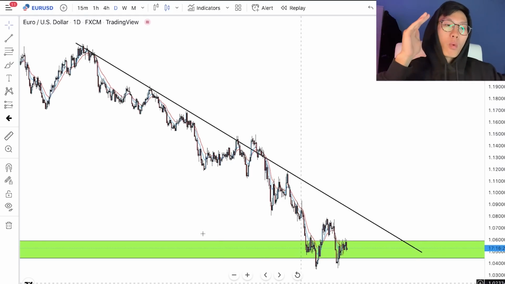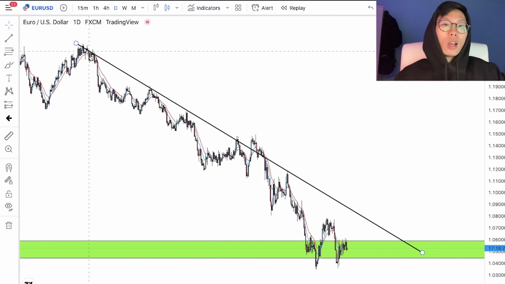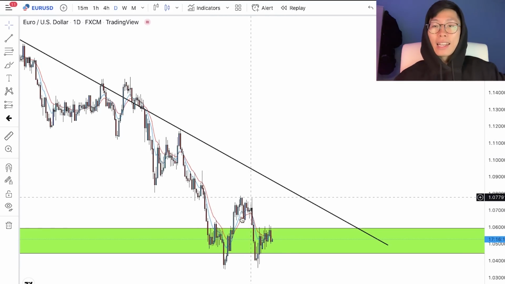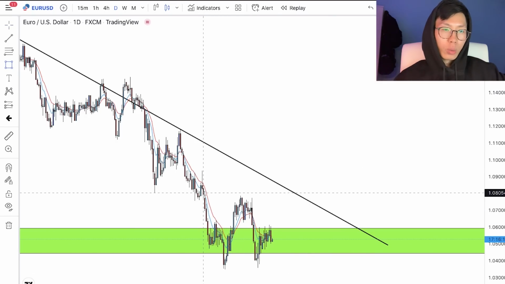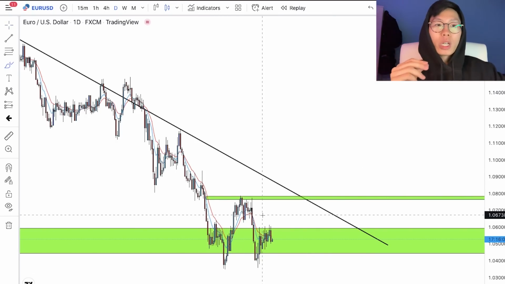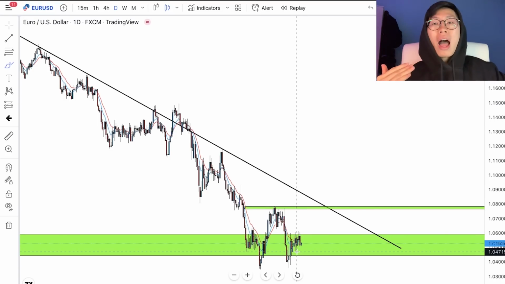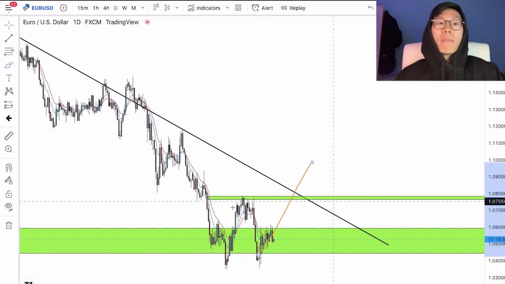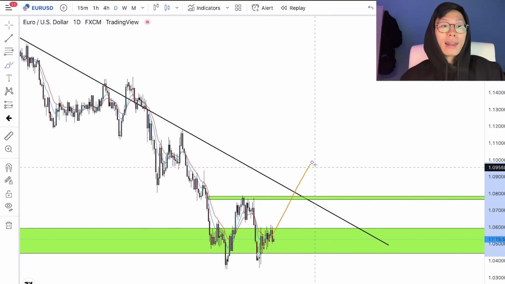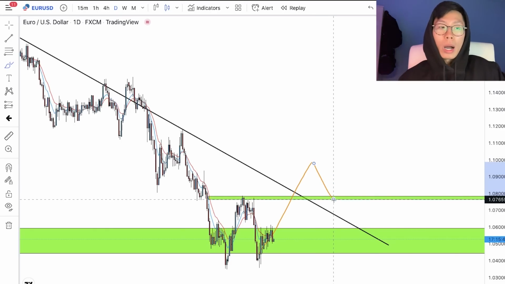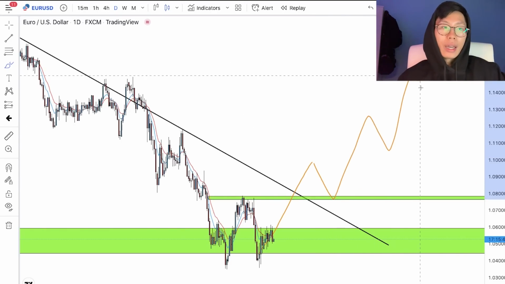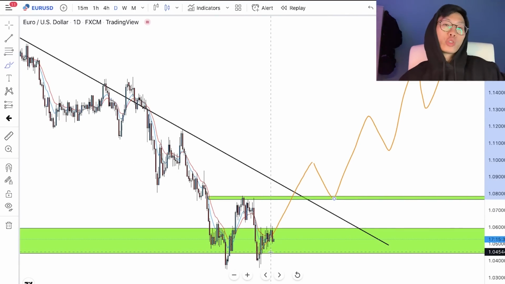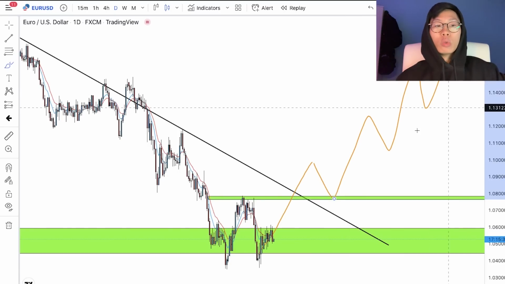So we can see right now price is in a downtrend because price is making lower highs and lower lows, lower high, lower low, lower high, lower low. So this is the last lower high, right? So we can draw a little area right here. So for price to reverse to become an uptrend, price has to make higher highs and higher lows. So the first thing price must do is go up and break this previous lower high, and then come back down to retest this lower high, and then go back up to create higher highs and higher lows. This is what we call a break of structure. This is an actual reversal.